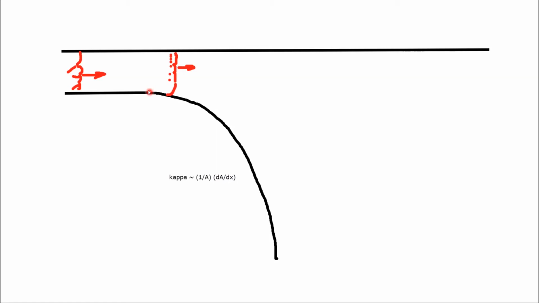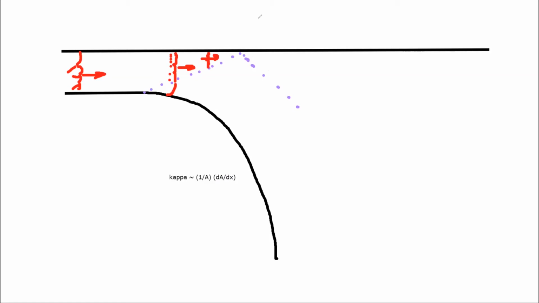and only down here, this region has been affected by the corner. So there's information that has to propagate up. So there's a zone of influence that propagates up here, and the detonation on the top is just going to continue to be perfectly straight, and only when that information reaches this wall does it even know that, now the whole detonation knows there's a corner here, but it doesn't really know what the dA/dx is yet, and this information has to propagate back. How the detonation responds to that area change would all be determined by acoustic information or characteristic information propagating